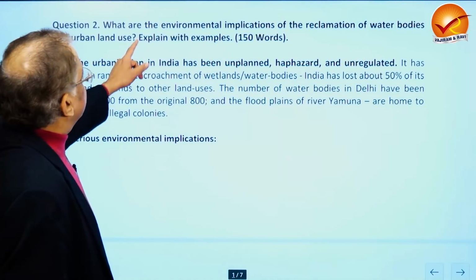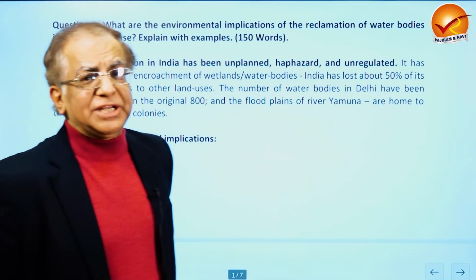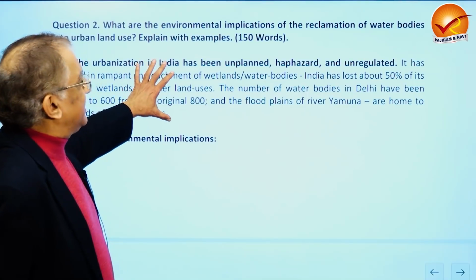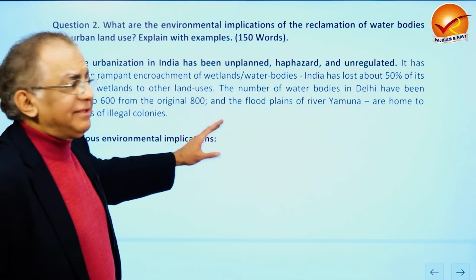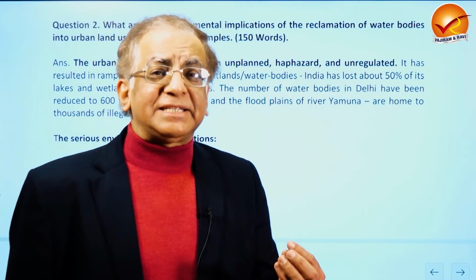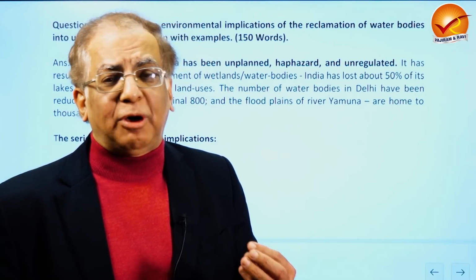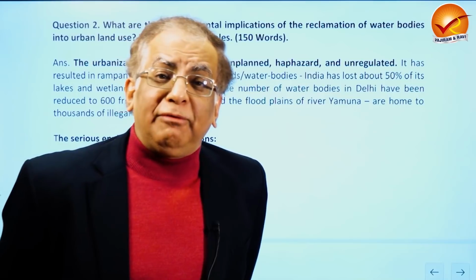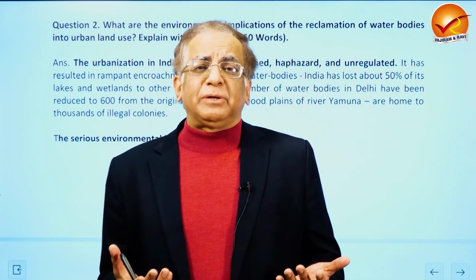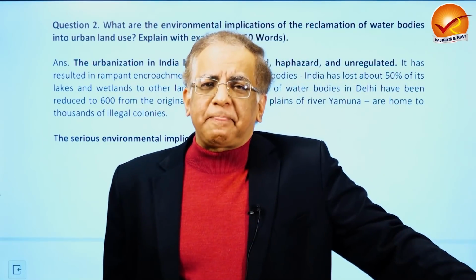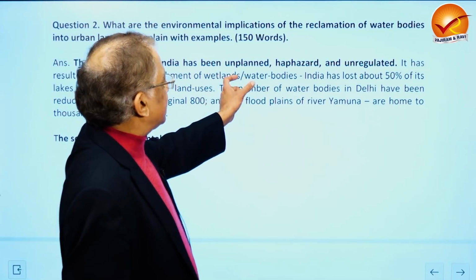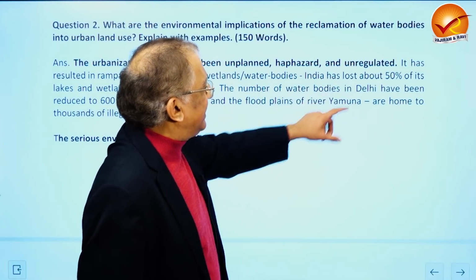Similarly, if you see the environmental implications of the reclamation of the water bodies, I first tell you about the urbanization here in India, and the very first statement sums it up: why do we have such kind of problems in the urban areas, that what all we have done in the urban areas with which a heavy rain on one particular day can lead to a disaster. And this is summed up in 3 points, that our urbanization has been unplanned, haphazard, and